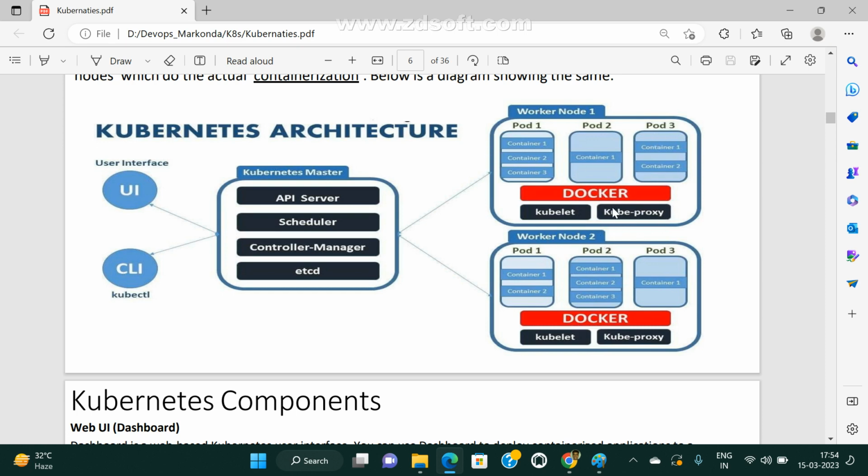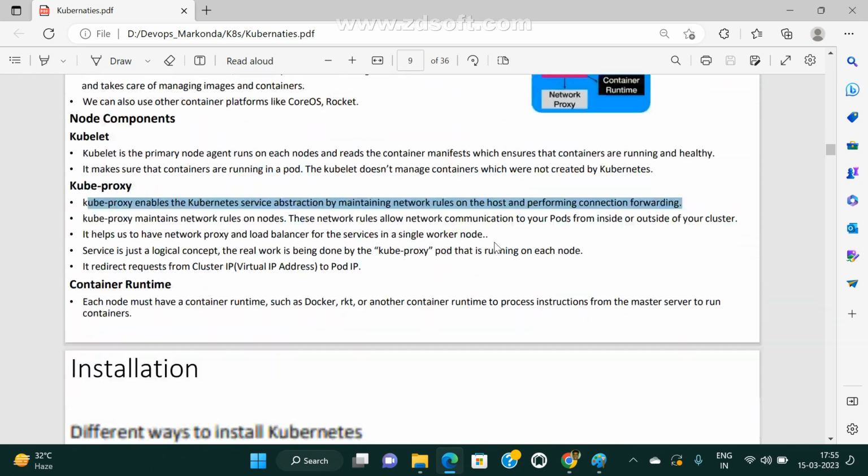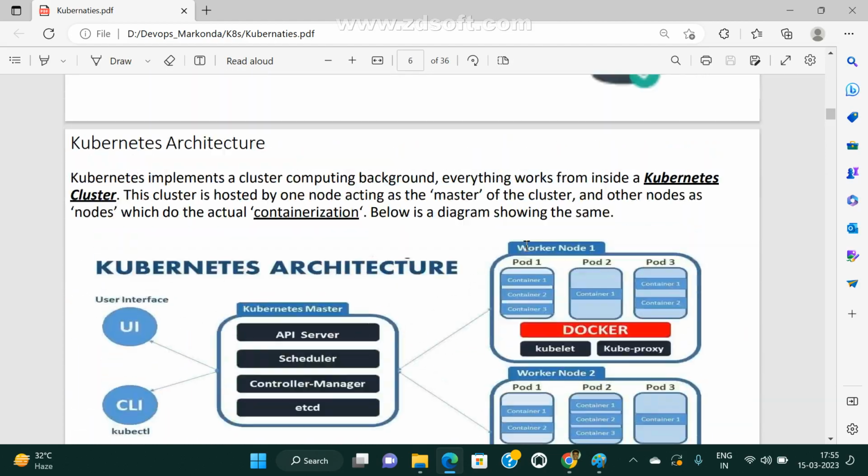With the help of that, pods connect with each other, and each pod has one IP address. This pod has three containers, this pod only one container, this pod two containers. Based on requirement, we can create multiple containers also. This is a single container pod, this is a multi container pod. This is the naming convention. If only one container is running in a pod, that is a single container pod. If multiple containers are running, it is a multi container pod. Sometimes we also call this a sidecar, and somewhere you can see that also.